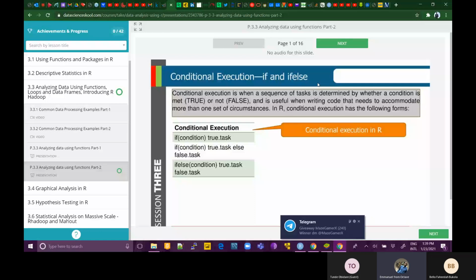I want to send someone to get amala for me. But that amala also is subjected to another condition. Say, if there's ewedu, are you with me? So it means I have to have a nested if statement. Let's say my amala is conditioned on whether there's going to be ewedu. Are you with me? So the way I'm going to structure my if statement is going to be like this. First of all, ask if there's ewedu,